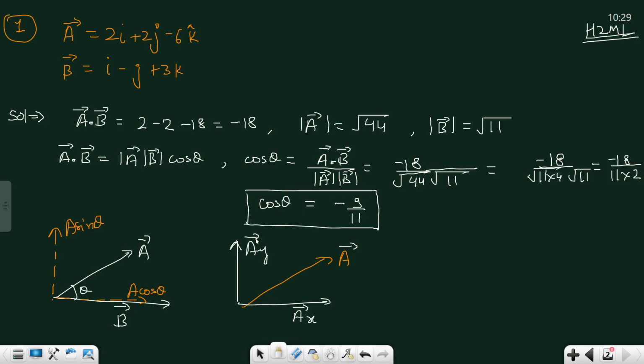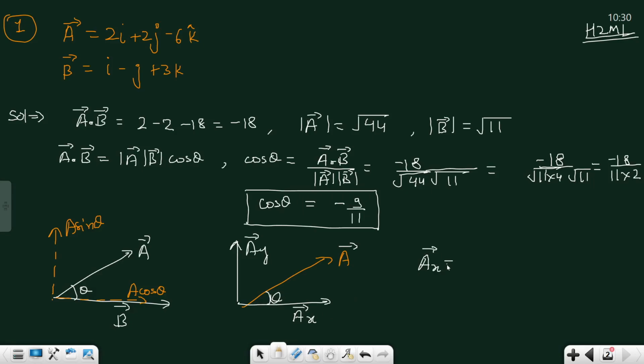I didn't understand. Beta, you can resolve. I took that topic now, resolving a vector. You can resolve a vector. Yes, sir. So A will have two components. You can resolve A into components, one along AX and one along AY. So one component will be AY and one component will be AX. Clear? Yes, sir. Okay. So when you require AX, how will you find AX?